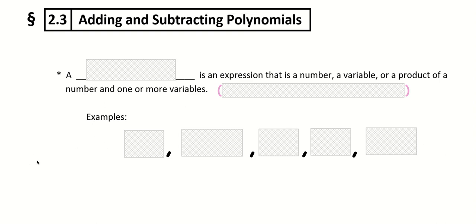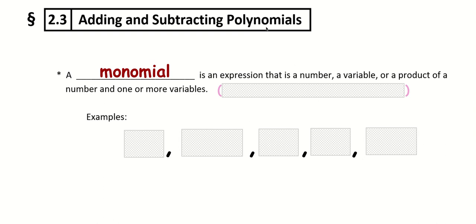All right. So 2.3 is about adding and subtracting polynomials. I suppose we're going to, first of all, address the title and especially the word polynomial. Like, what are we adding and subtracting here? Polynomials. Well, this might be a little bit of a spoiler alert as far as how this progresses through the notes, but